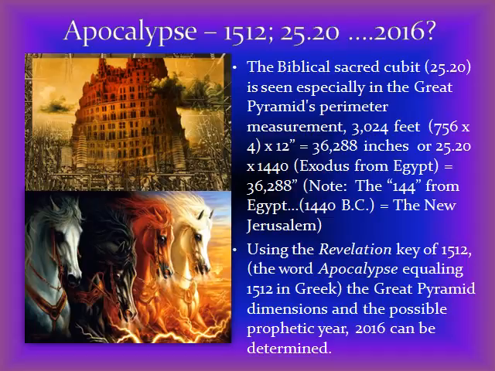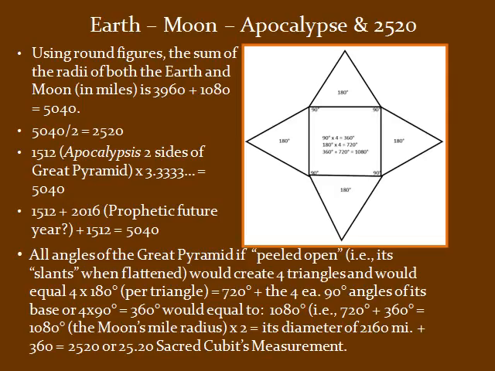Using the revelation key of 1512, the word apocalypse equaling 1512 in Greek, the Great Pyramid's dimensions, and the possible prophetic year 2016 can be determined. Now the Earth, the Moon, and the Apocalypse, and 2520 of the sacred cubit and its relationship to the Great Pyramid. Using round figures, the sum of the radii of both the Earth and Moon in miles is